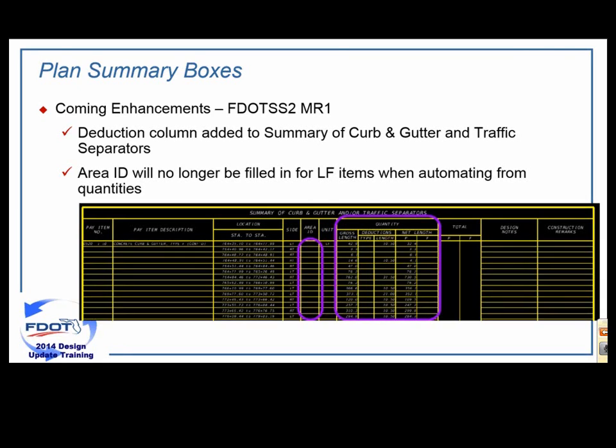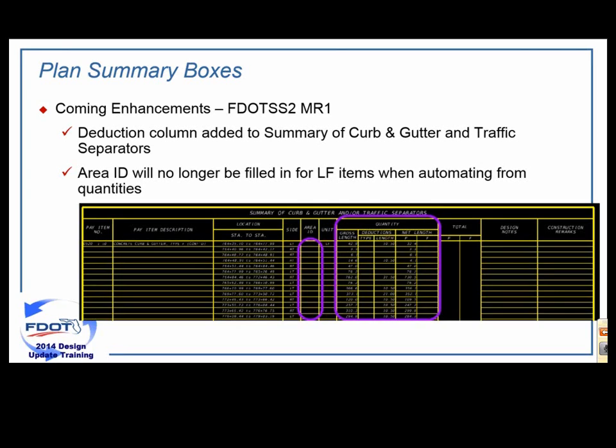Another thing that has been fixed is the area ID column. I have an area ID column set up for this particular summary box because special traffic separators are paid for in square yards, and that is an area, and it does require an area ID. However, we don't want to see that element ID, because it's using the element ID from MicroStation and associating that as the area ID. Well, every